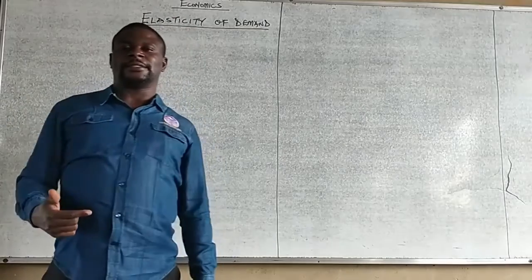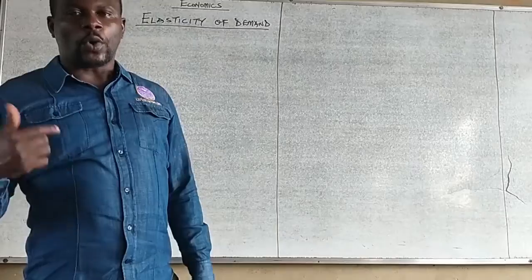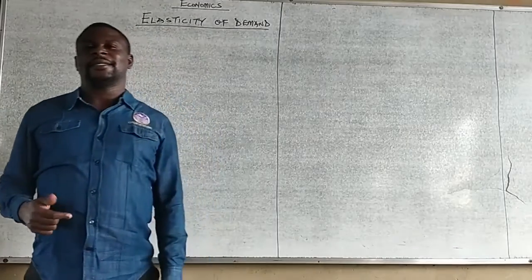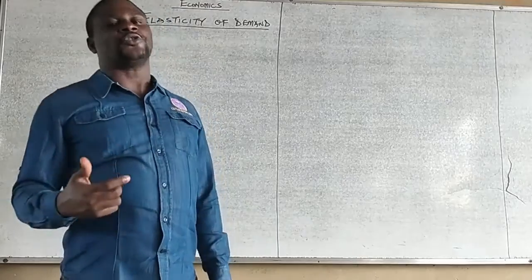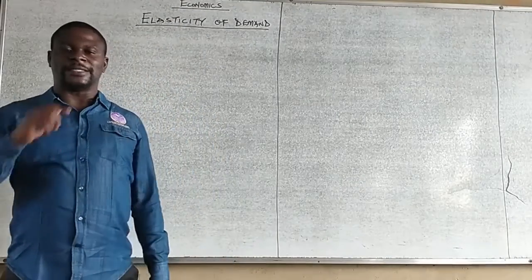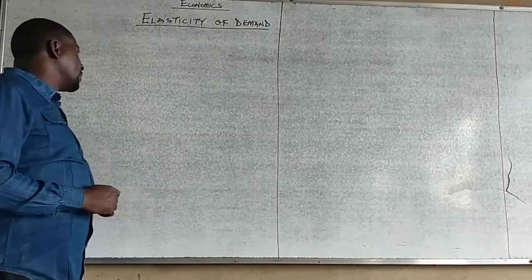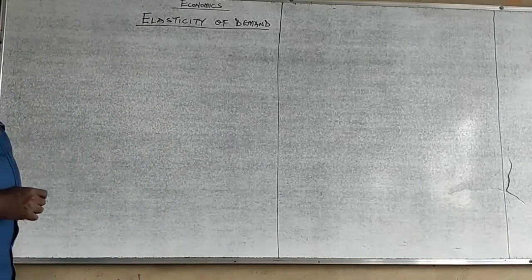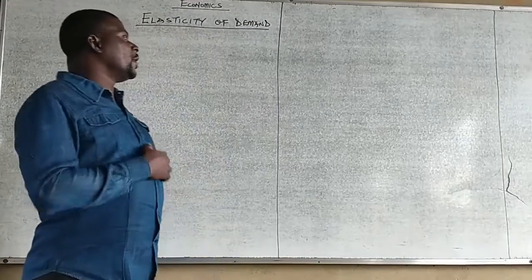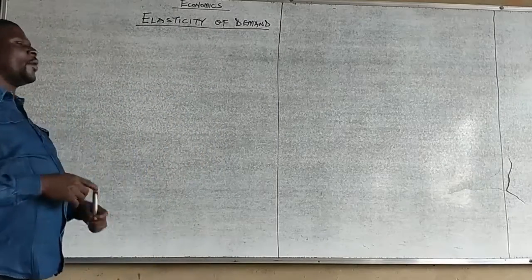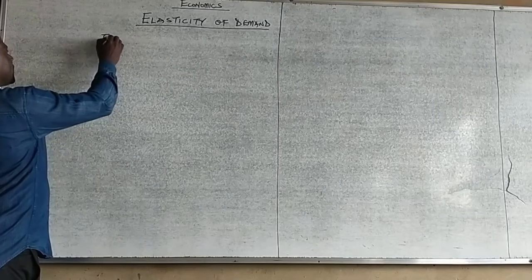to demand? When there is a little change in income, what happens to demand? When there is a little change in taste or fashion, what happens to what? To demand. And that's what we want to be looking at in elasticity of demand. So, elasticity of demand is the degree of responsiveness to a little change in price, income, and what? Taste. So the types of elasticity of demand